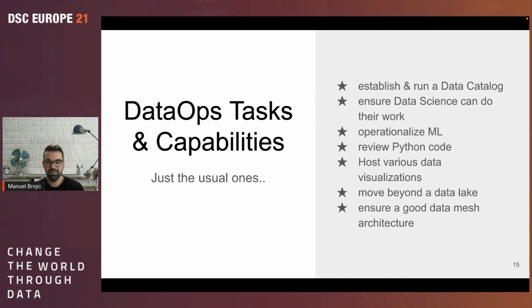And please move beyond the data lake. The data lake nowadays is really out of date, and I'm pretty sure there are a lot of theoretical articles and presentations ongoing right now about data mesh. But in fact, it's really a nice thing. If you start concentrating yourself and working towards data mesh, you will really see that it pays off.